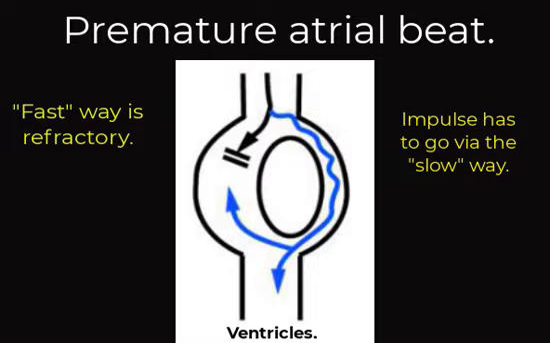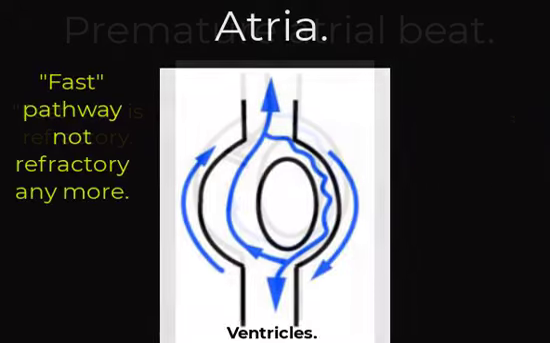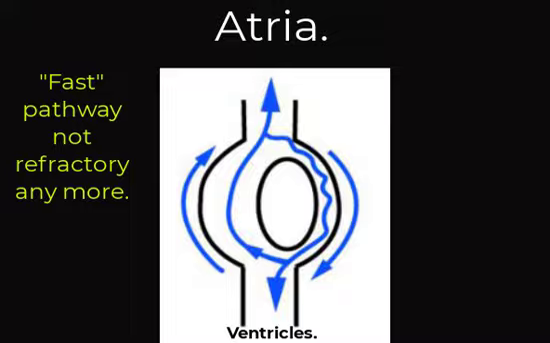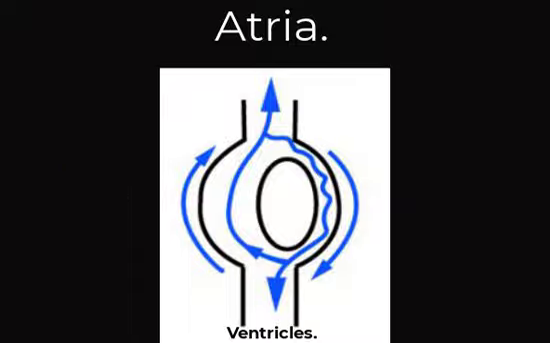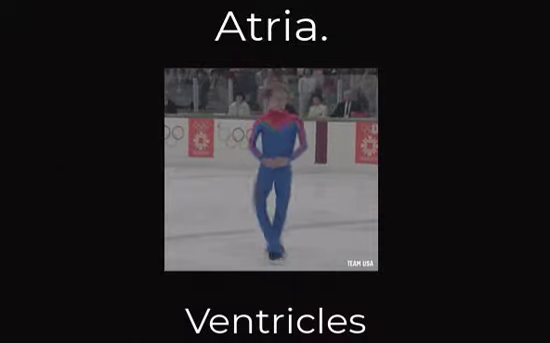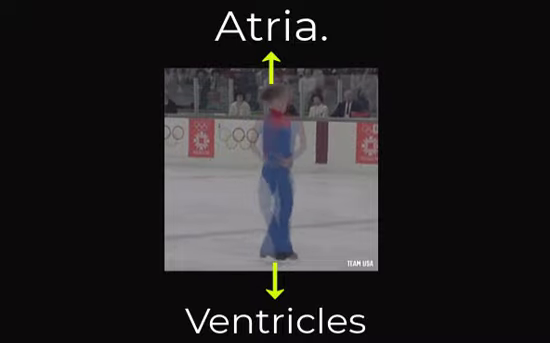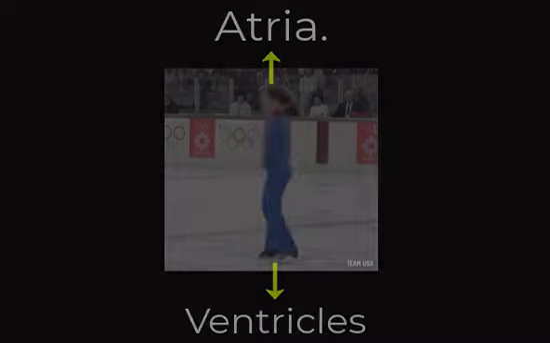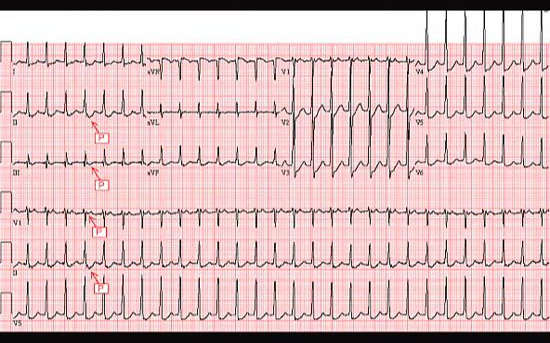By the time the impulse finally gets to the ventricle using the slow pathway, the fast pathway is out of its refractory state and the impulse can now head up the fast side. This can lead to a circuit where the impulse is going round and round, causing rapid, regular impulses into the ventricles and atria. And of course, it looks like this: narrow complex, normal axis, and sometimes you can see retrograde